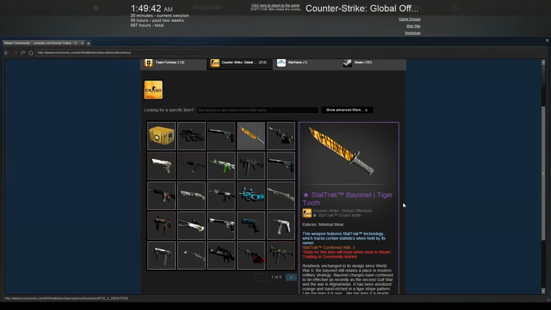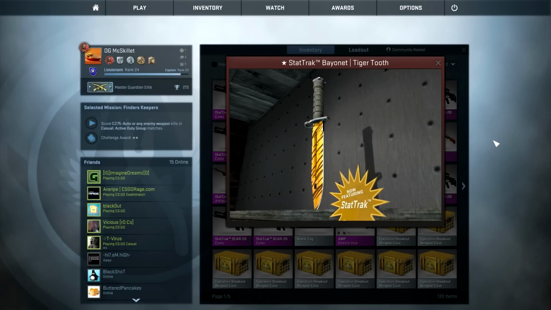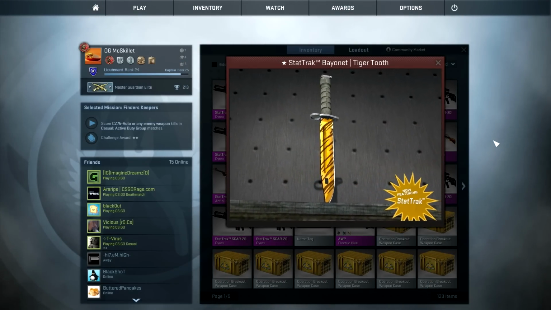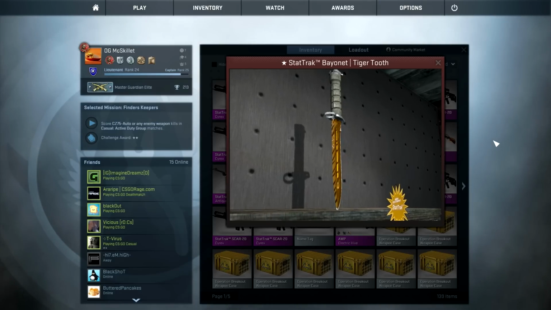But next up, this is actually kind of an interesting item. This is a StatTrak Bayonet Tiger Tooth Minimal Wear. For some reason there's only one of these that have actually been recorded to exist. There isn't any on CSGO.exchange, which pretty much has all the inventories on there. There's one being traded on CSGO Lounge though, and it's actually really uncommon for a Bayonet Tiger Tooth to be